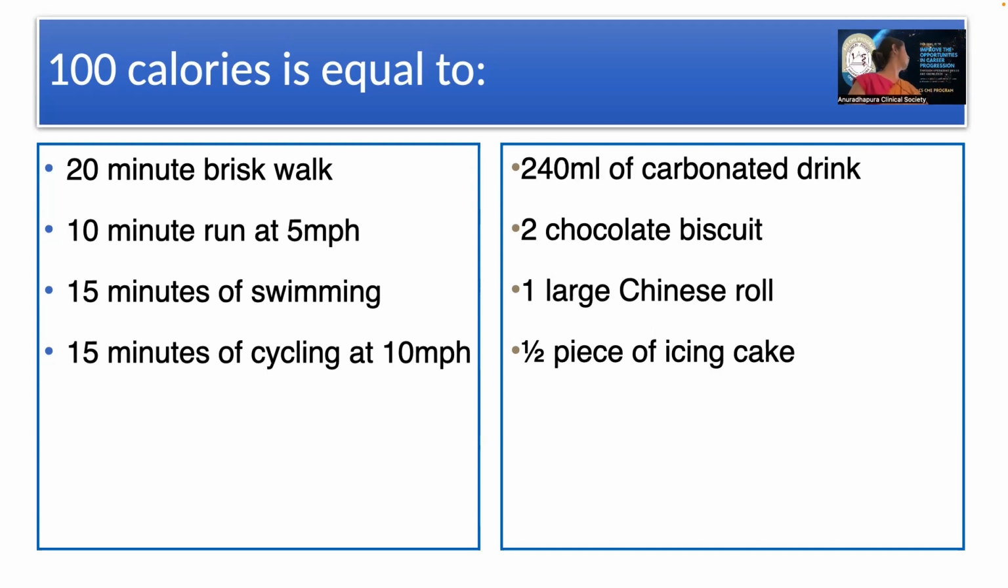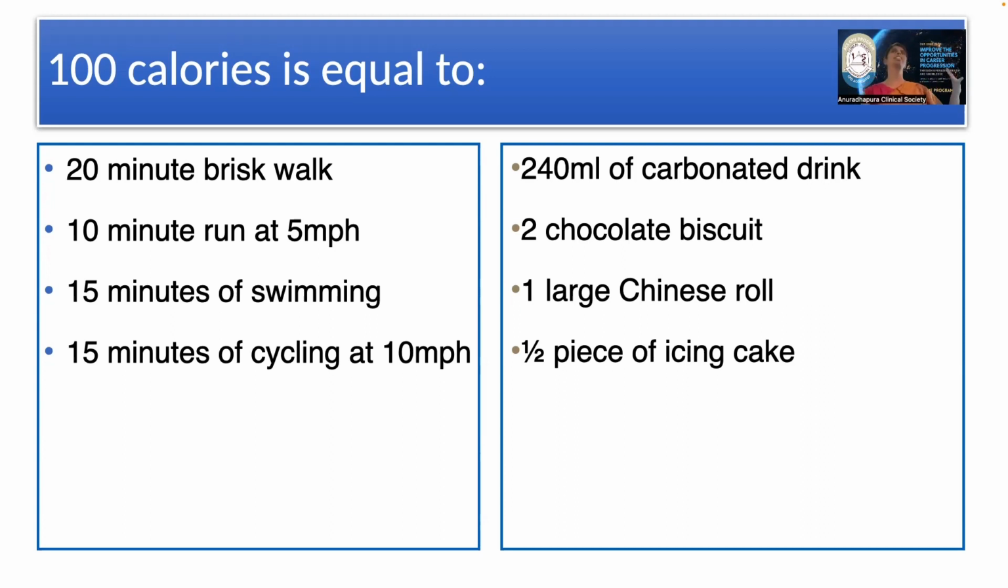If we are doing all those things, we will burn only 100 calories, which is equal to 1 bottle of soft drink, 2 chocolate biscuits. You know that 1 chocolate biscuit has 55 kilocalories. So 2 chocolate biscuits. After exercising, if you are eating 2-3 chocolate biscuits, yes, what you have burned, you have